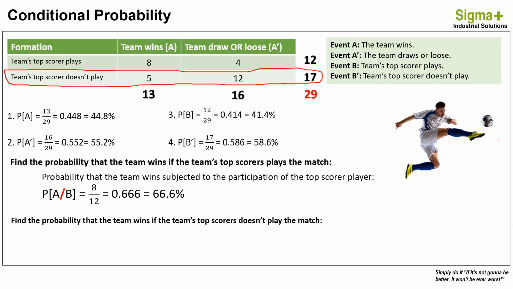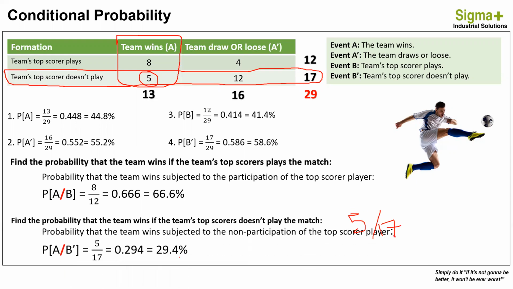And the second event is the probability that the team wins. So, simply, we can see that the number of times that the team won was 5 out of 17 matches. So the probability will be simply 5 divided by 17,